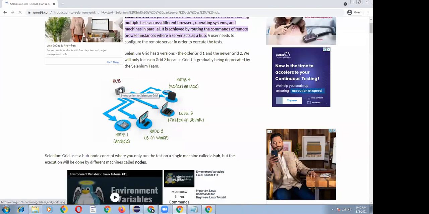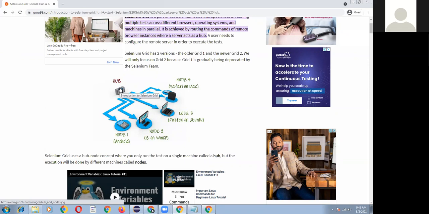The purpose of Selenium Grid is this: suppose a testng.xml contains 10 testng classes, tc01 add location, tc01 add jobs, like that. You can execute those test cases in parallel within the same system. We give thread count equal to 3 and parallel equal to classes, so that for every iteration 3, 3, 3 will be executed, and in the last iteration the remaining one test case will also be executed. So executing all the test cases within the same system, that is the part we have already learned.